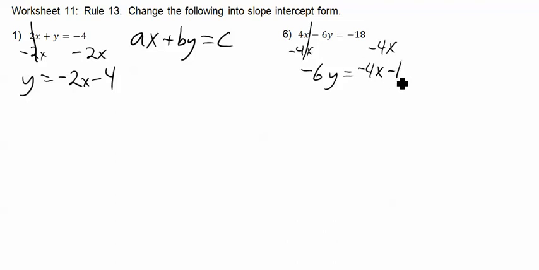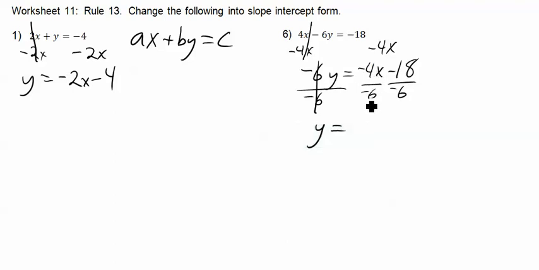-4x minus 18. All right, so now we have another step still. We have to get y by itself. So this is -6 times y. So we're going to divide both sides by -6. But on this side, we have to divide everything by -6, not just one of them. Over here it cancels. We're left with y equals